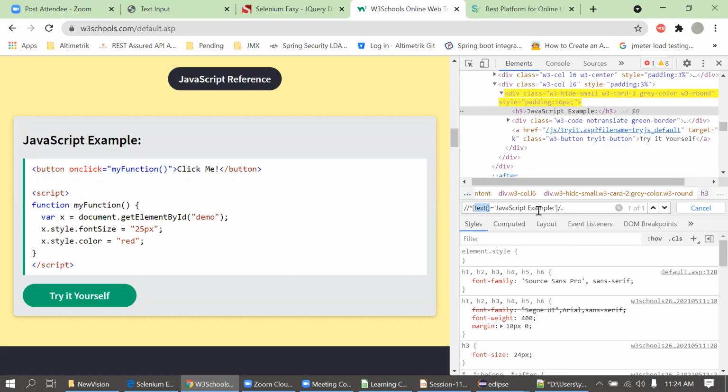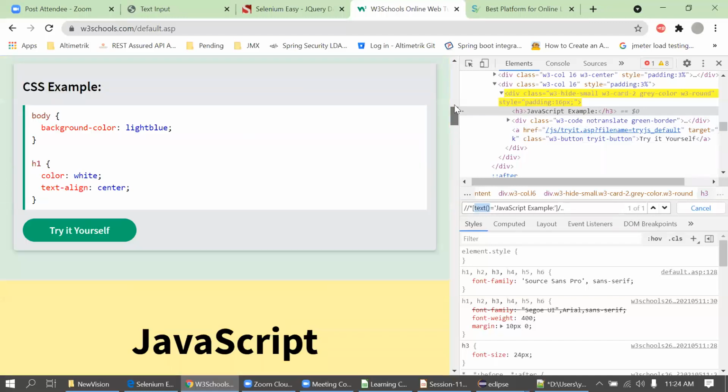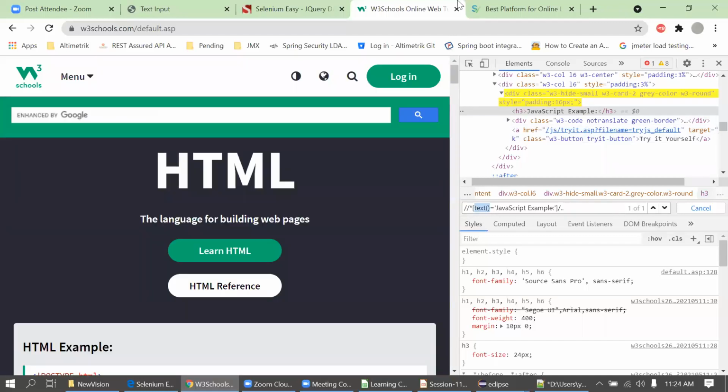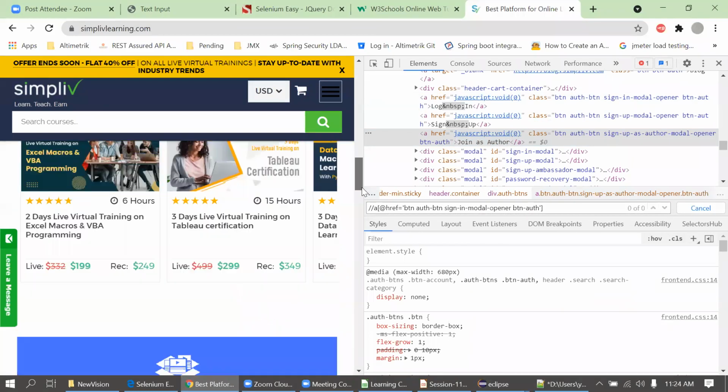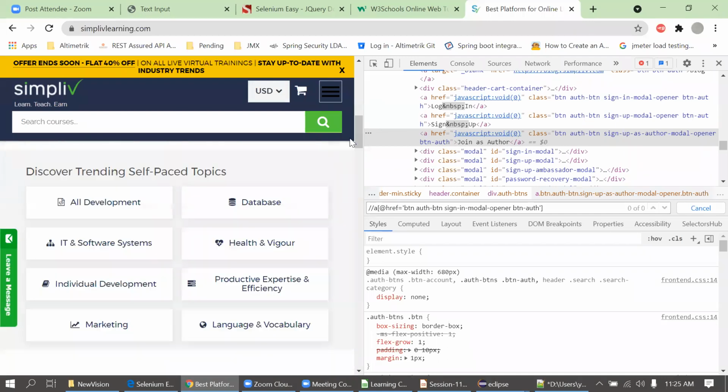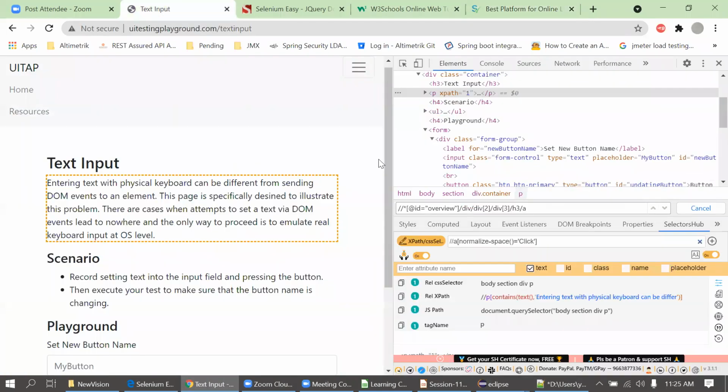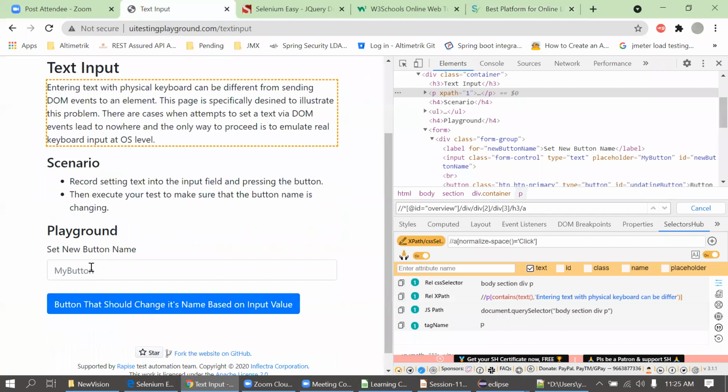So suppose in the last case, if you are not able to find the XPath, what you can do? You know that it's a text box. I will just tell you the syntax there. Here I am not seeing a text box. Then in that case, you can go with the indexing. That's the last option. Let me try for the text box. Now suppose there are multiple text boxes.